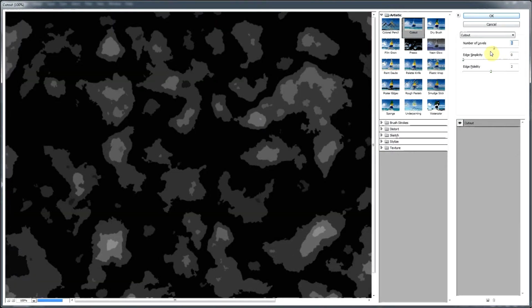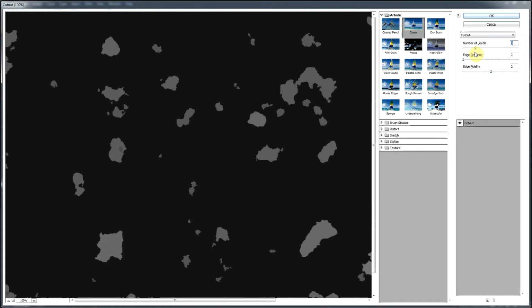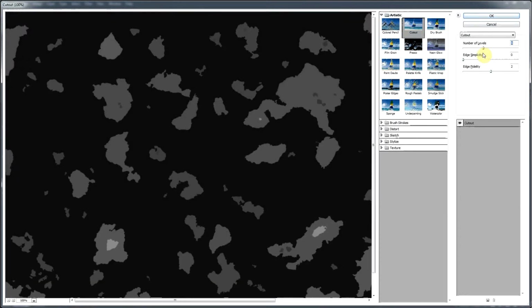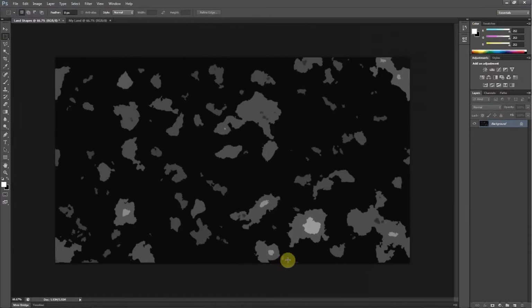Changing the number of levels will give you slightly different shapes, different sizes, and this is kind of what we're going for. I'm gonna go right here for now. I say I like this little section right here, for instance. Let's see, there it is. So I could come up and simply select the section that I like,